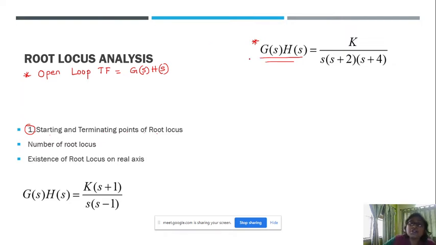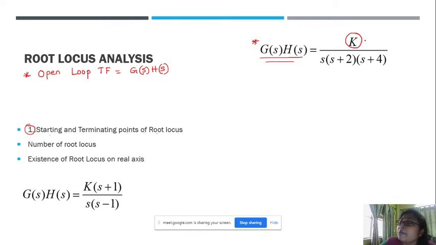Now, how will you remember? We will draw the root locus of this open loop transfer function by varying the DC gain k. K will not be fixed for a root locus. If k is fixed, you cannot get the root locus. You will get a specific point and you can comment whether that point is on the root locus or not, but you cannot draw a root locus. Understood? So, to draw a root locus, the value of k must vary.